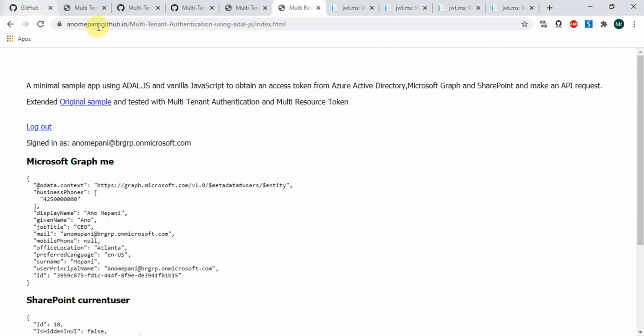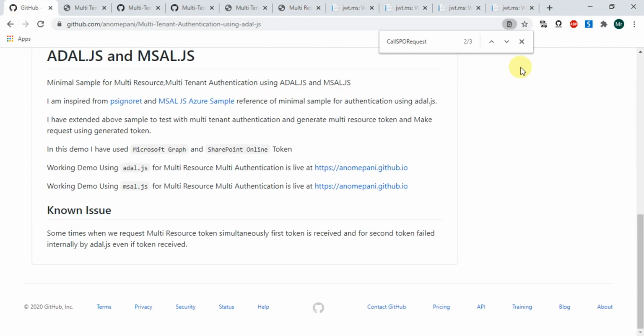So using this demo, we can access the Graph token and SharePoint Online. If we have to get more data, like create a group or delete a group, or for the SharePoint part, if we have to create a content type, or get the images or document library, then we can use the SharePoint token, because all the SharePoint REST APIs are not available in Graph.